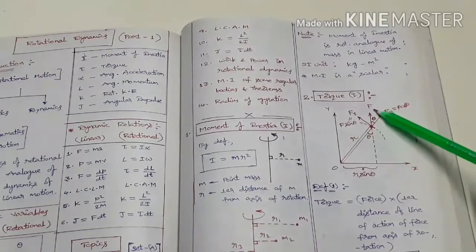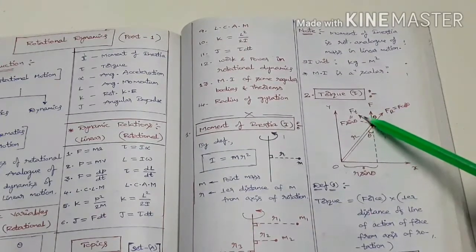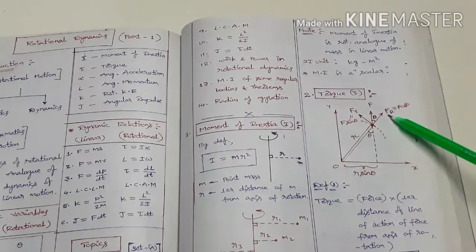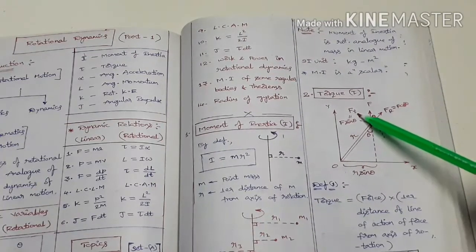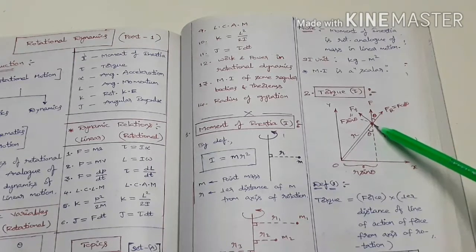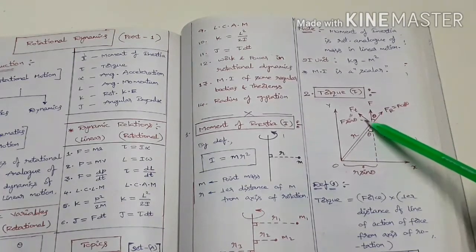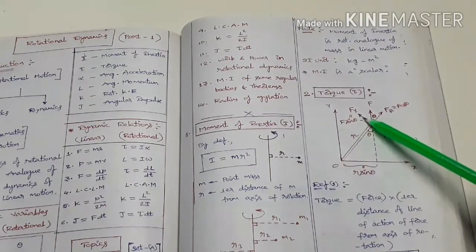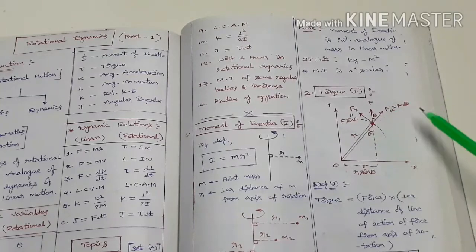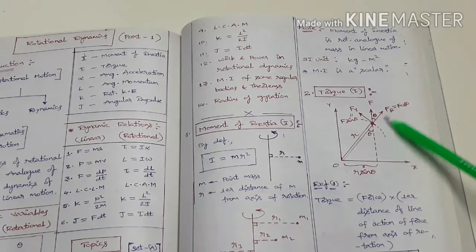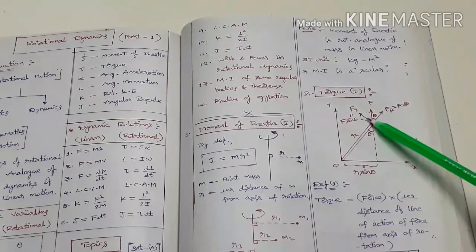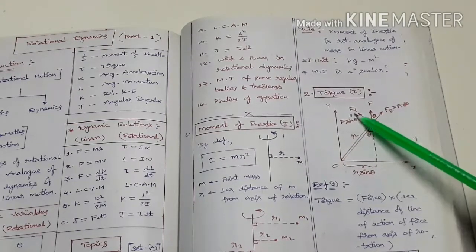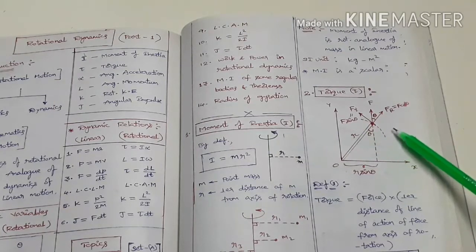So this force is resolved into two components. One is the tangential component, the other one is the radial component. Why are we calling this one tangential and this one the radial component? Because if a force is applied in this direction, this particle makes a circular motion along this dotted line here. So this is the tangential component, this is the radial component. Check here, this radial component is not helping this particle in its circular motion, whereas only the tangential force is helping its circular motion here.